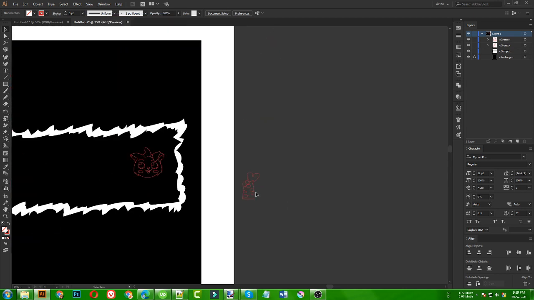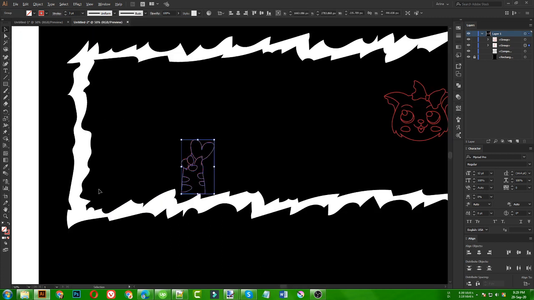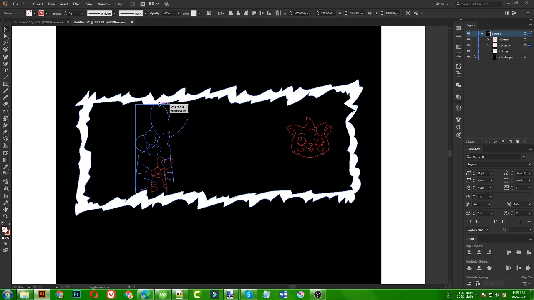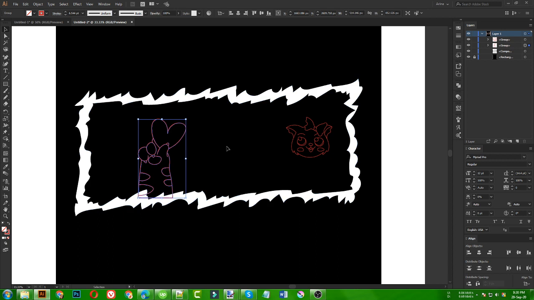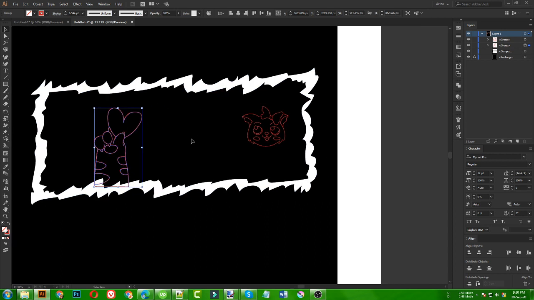So for this one here I am going to use this hand like this, maybe, so that it looks like this hand is coming out from inside this area, my torn paper effect area, and this will look like it is inside this t-shirt. So I am keeping it like this.